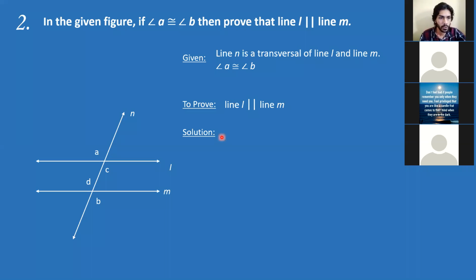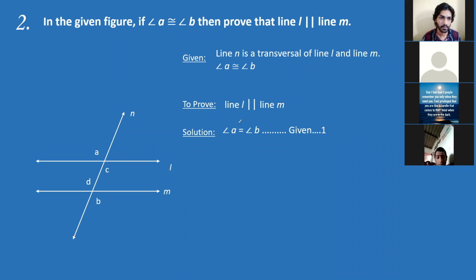So solution is now angle A is equal to angle B. Now you would say, Bhaiya, why did you write equal again here? That is my mistake actually, because on the keyboard you don't find the congruency sign. So this is actually congruent. Okay, so I'll just write congruent. Or you can also write equality in your papers, it will be okay, because like people say chalta hai, jaane do. It could be okay if you just write equality, but I just wanted you to understand the difference between the two. So again, angle A is equal to angle B, reason is given, and I have written also the step number 1.